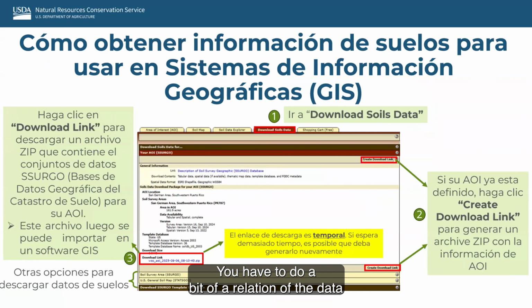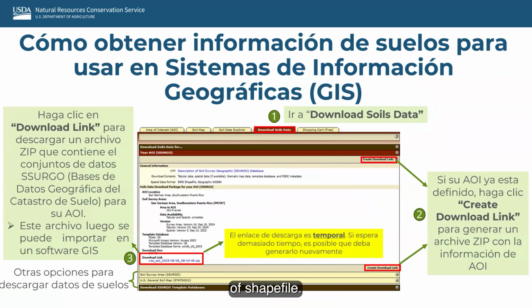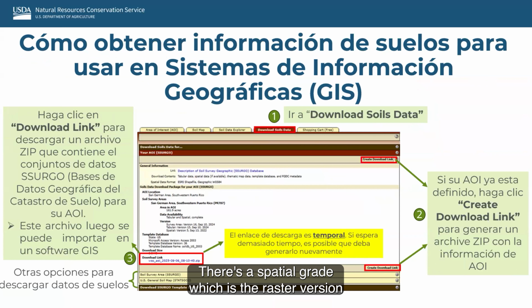You have to do a bit of a relation of the data in order to run the model, but there's a version of shapefile. There's a Bayesian grid, a gSSURGO, which is the raster version that can also be obtained.